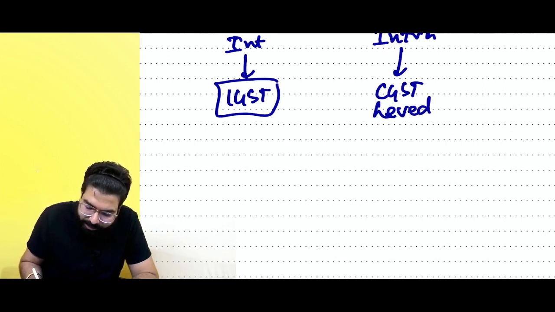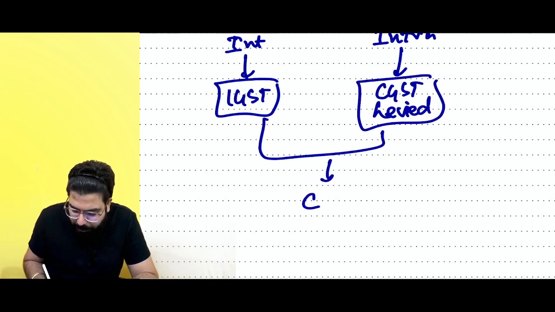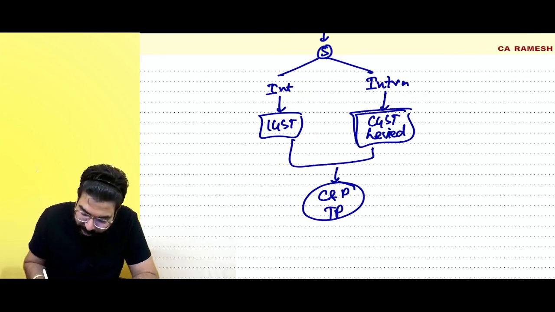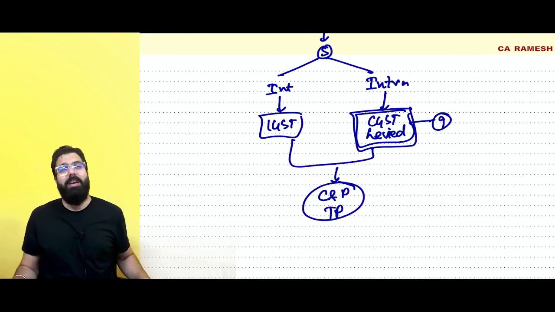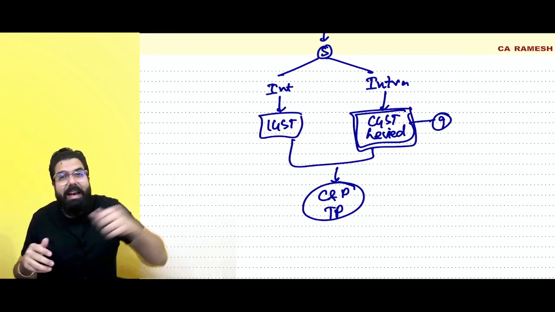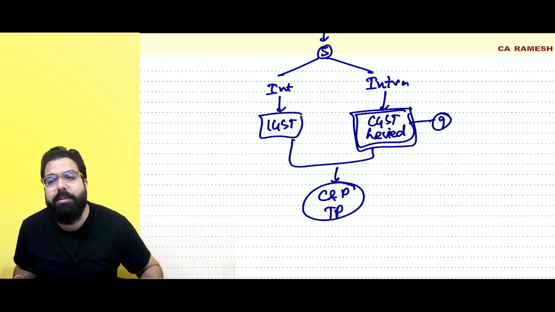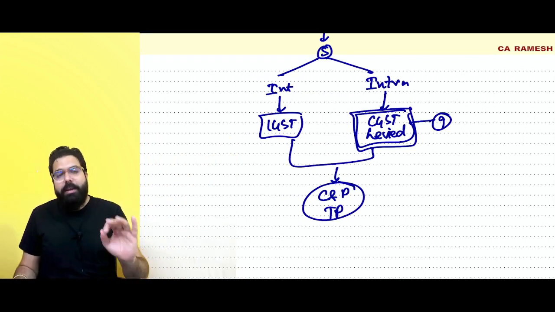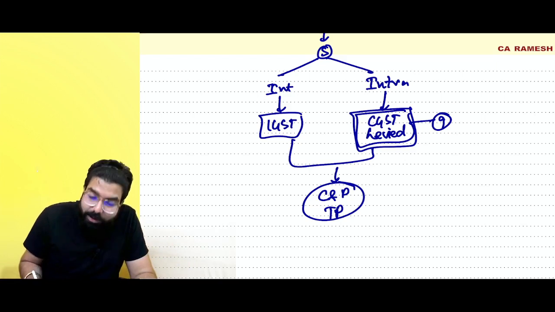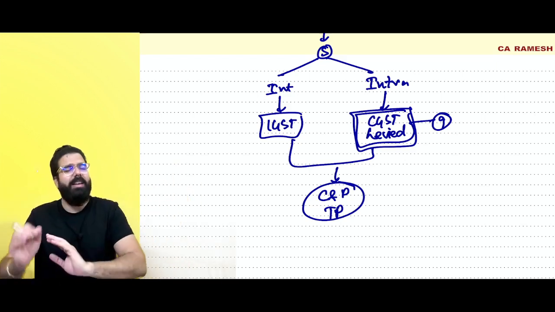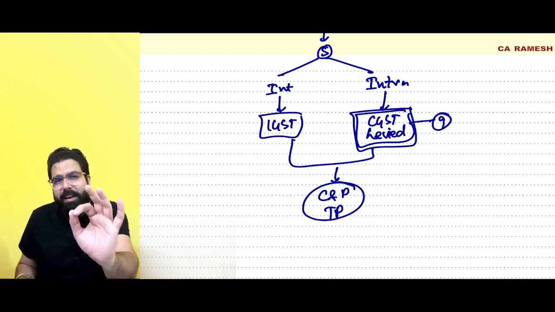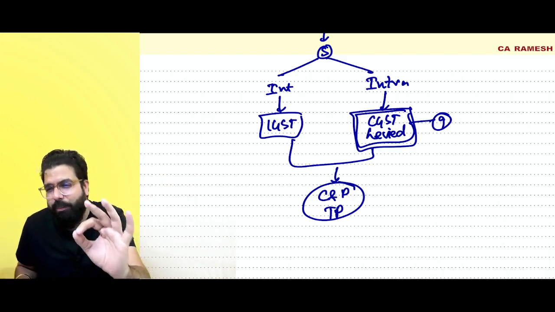Sir, once GST is being levied, it has to be collected and paid by a taxable person. Listen to me very carefully. Once GST was levied under section number 9, some people went and told the government, sir, collecting and paying GST becomes a little difficult. So, sir, can you give us a simpler scheme wherein we don't want to take any ITC, we don't want to charge GST?